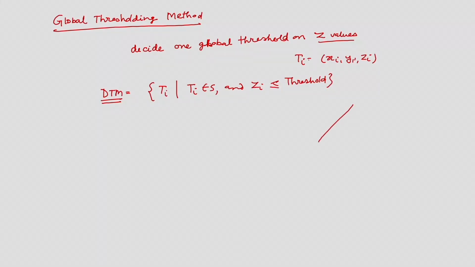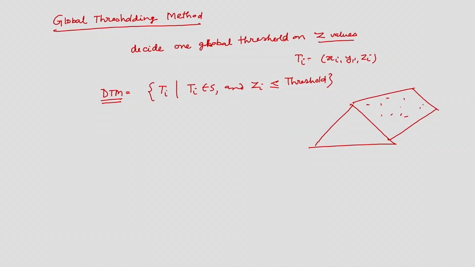Consider the sloped roof of a building like this, which is very common in Guwahati. Wherever there is snowfall or excess rainfall, such structures are very common. Now, if I have some data and I define a global threshold like this, the data above this global threshold will be removed, and this data will be part of the DTM, which is not true. So, that is the problem in the global thresholding algorithm.